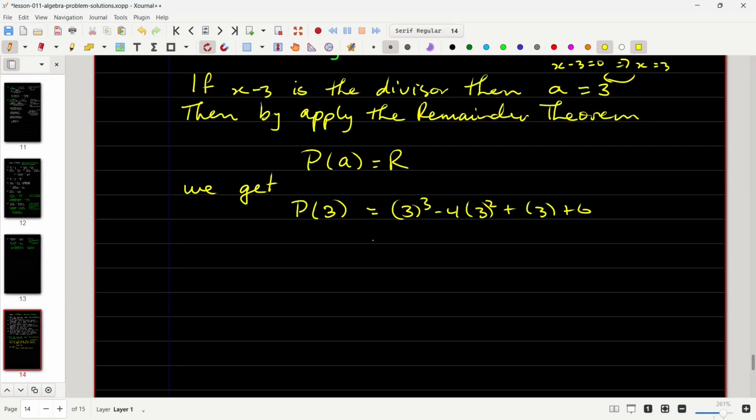3 times 3 is 9, 9 times 3 is 27. 9 by 4 is 36, plus 3 plus 6. All right, so if I decide that I add these two together here, I'm going to get 30, and then I add this, it's going to give me 36. So 36 minus 36 is 0. So the remainder